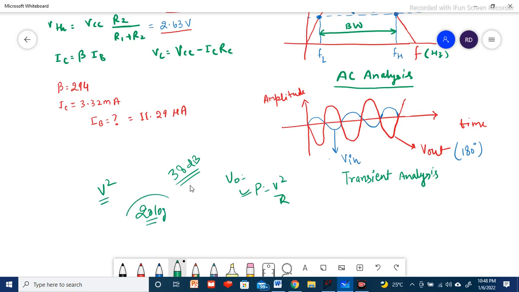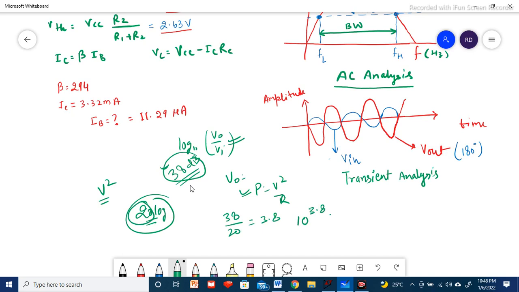For this 20 log term, whatever value we are getting as the ratio Vo by Vi, we have taken the log base 10 of this. So whatever value we are getting, we should divide it by 20, because 20 is the multiplication factor.